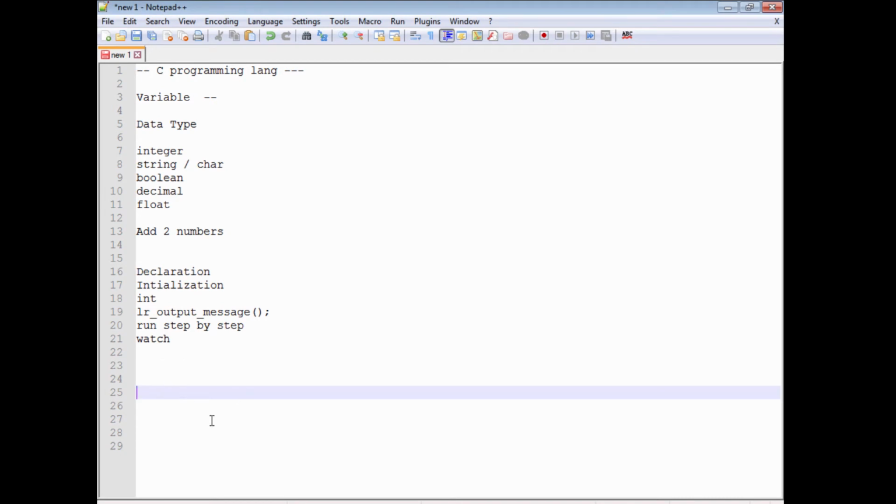So far we have seen different data types. One is integers and one is strings. We have seen how to declare and how to initialize, how to output the values, and the placeholders for all of them. Now let me introduce a term called LR parameter,